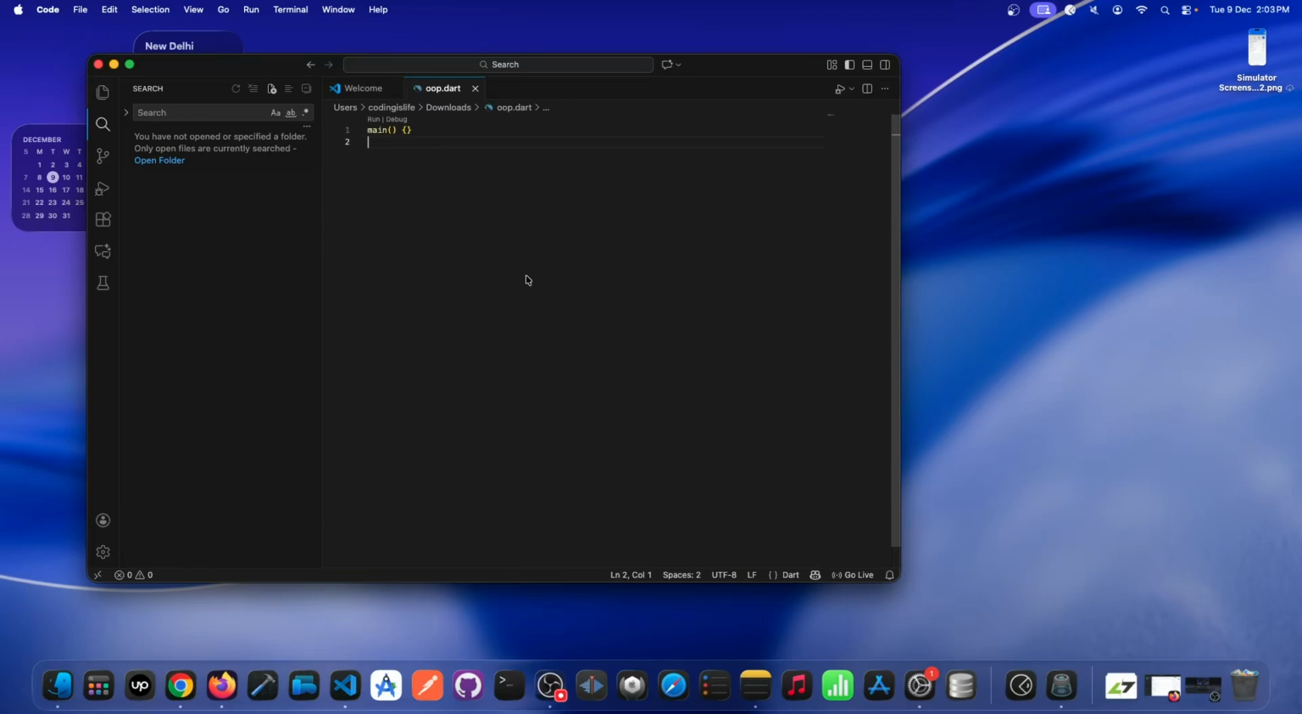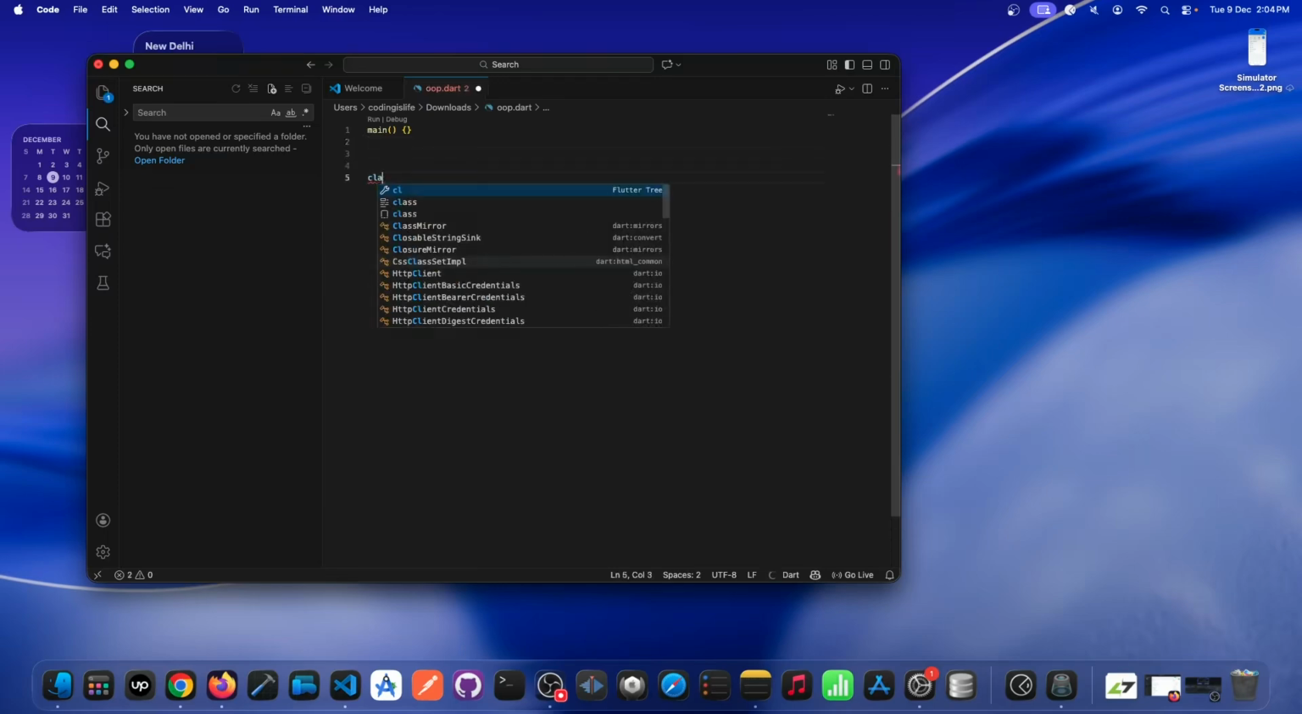First of all, what is inheritance? Inheritance allows one class to acquire the properties and methods of another class. It promotes code reusability and helps build clean, scalable applications. Simple definition: the parent class is the base class or superclass, and the child class is the subclass or derived class. The child inherits from the parent. Simple syntax: class